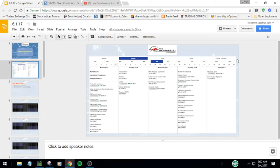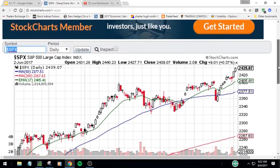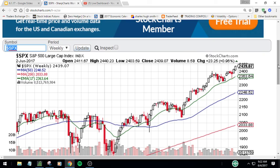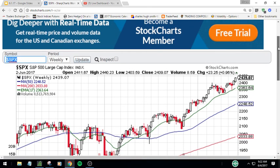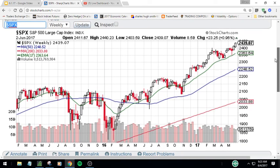Now let's exit out of this. Just real quick, I know I said we weren't going to look at charts much, but it's always important to look at the S&P. We'll take like 3 minutes just to look at the S&P and where it closed. So we see we finished at all-time highs again on Friday, 2349, and then also at the end of every week we should be looking at the weekly time frame as well. And we've now had 2 straight weeks where we closed above the previous week's high, and we are definitely in an uptrend, strong market. We should assume that the S&P can hit 2,500 here in the next couple weeks, but